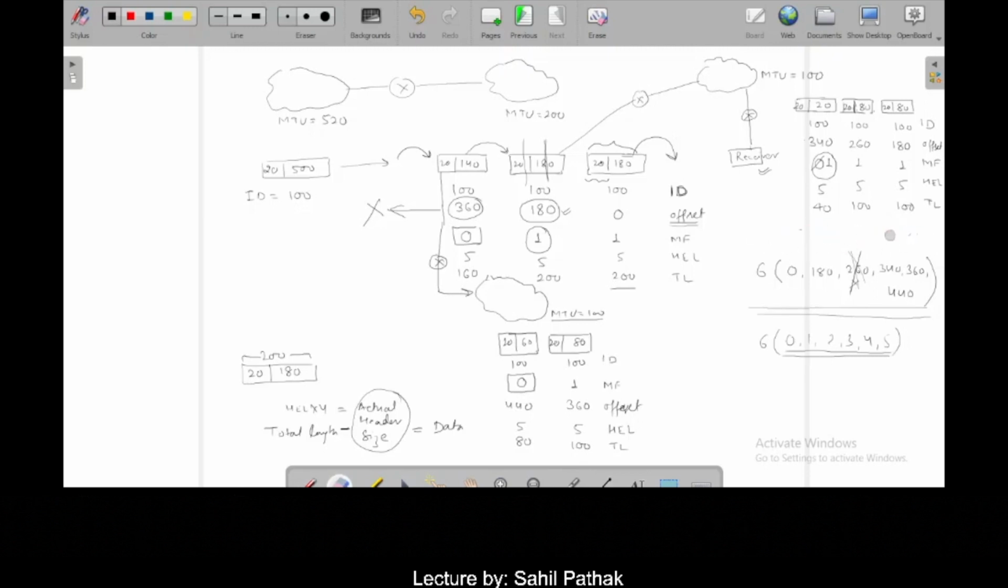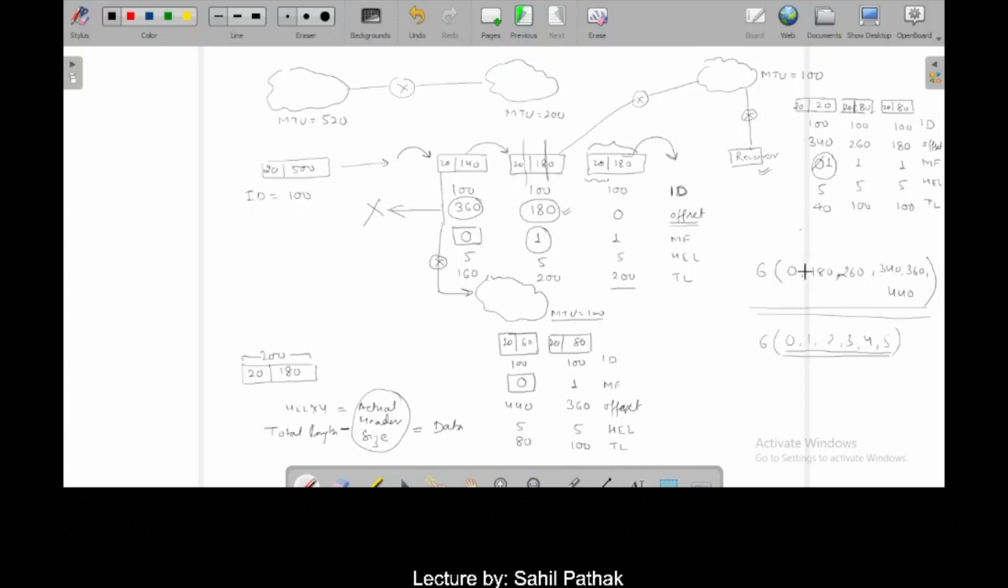If the receiver uses the data bytes along with this offset value, see what is actually happening. Once the first fragment is received, the receiver will add up the data bytes, that is 180, and will see that the next packet should arrive with the offset value 180. Once he receives 180, he will see the data byte, which is 180, and he will add the data byte